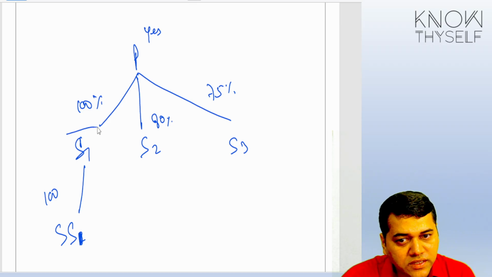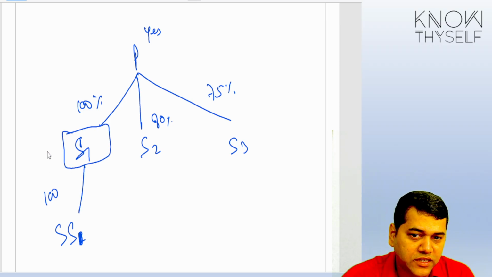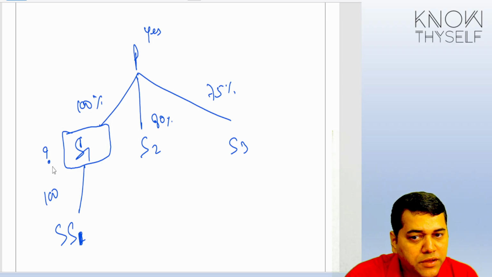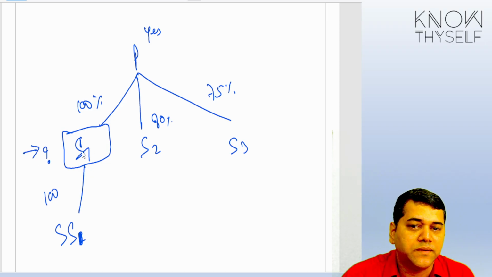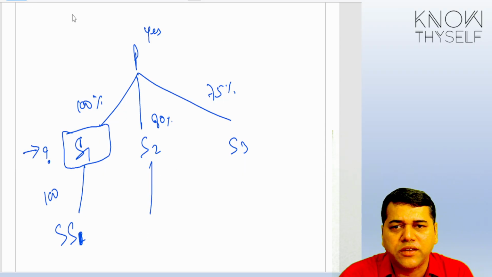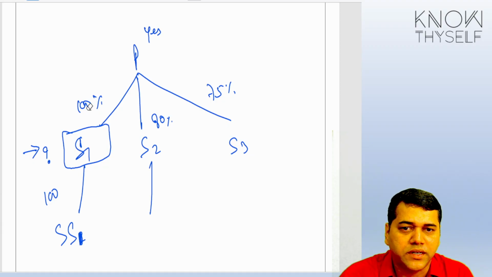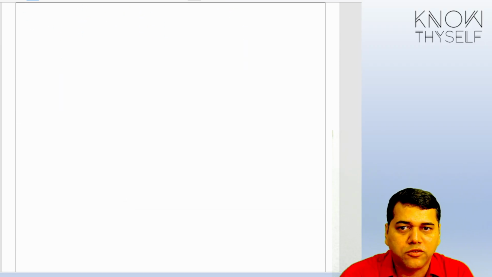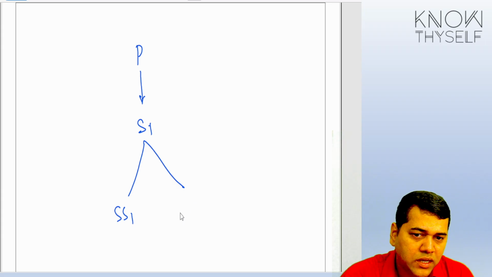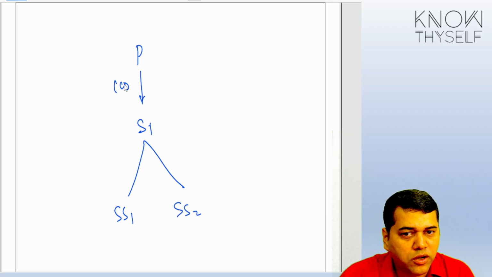Okay, now the question comes: does this intermediate person need to prepare CFS? We are not talking about the ultimate parent; we are talking about this intermediate parent. Now, let us take a simple example that is not much complicated. Let us not take so many scenarios. We have a parent that has a subsidiary 1, and this has two subsidiaries, subsidiary 1 and SS2. In this case, you have got 100%,